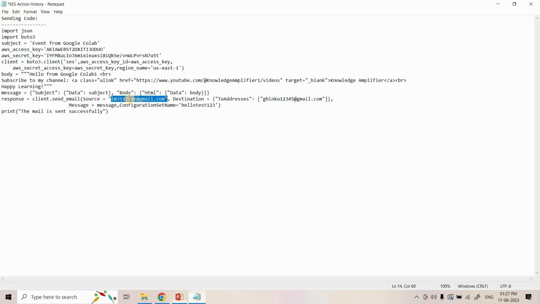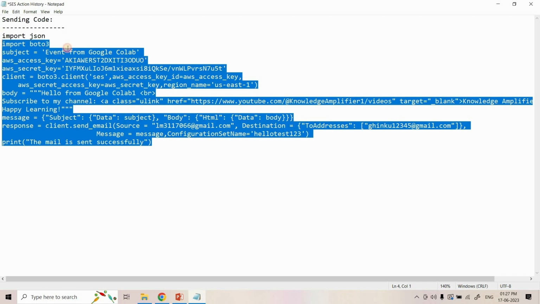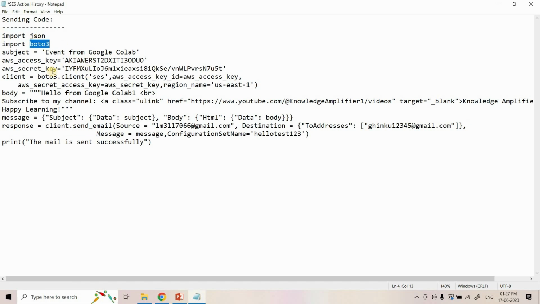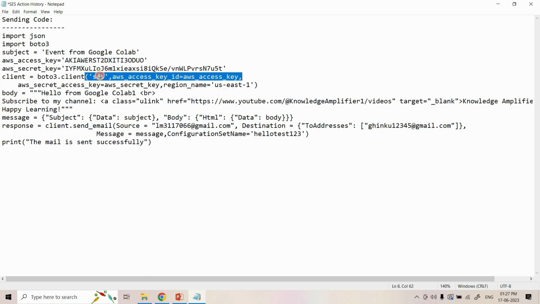So for that, here I have written a simple Python code which I will show you. Here I am importing JSON, Boto3, etc., because I am going to send an email via Python. So I need a Boto3 SES connection. Using access key and secret key, I am creating a client for Simple Email Service, or SES,